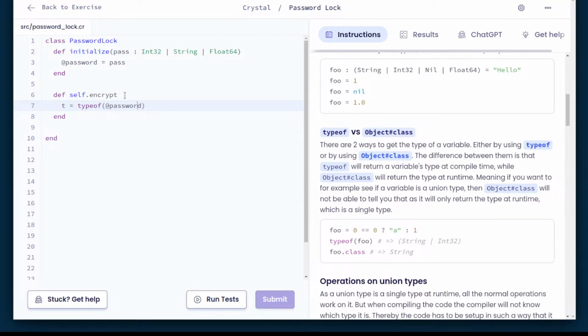And I'm going to do this a little differently. I've been really liking these when clauses. Self.encrypt, T. No, I'm going to accept T equals this. Case T, when Int32, then @password equals